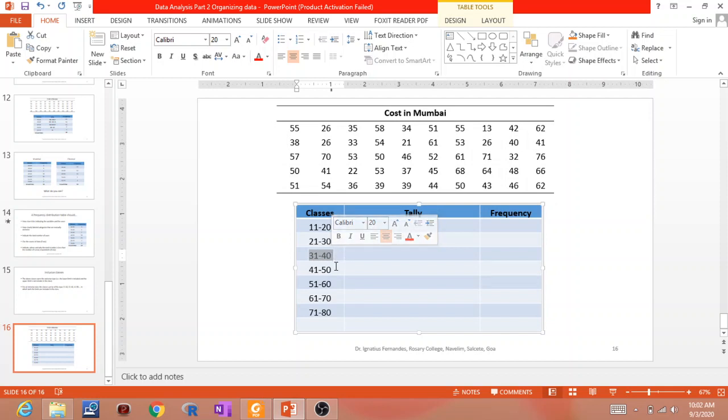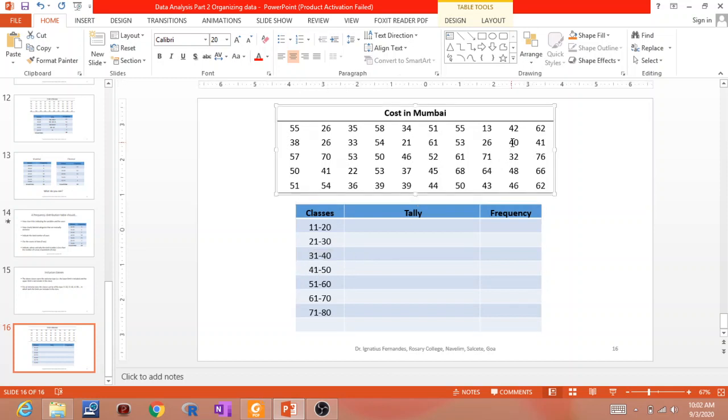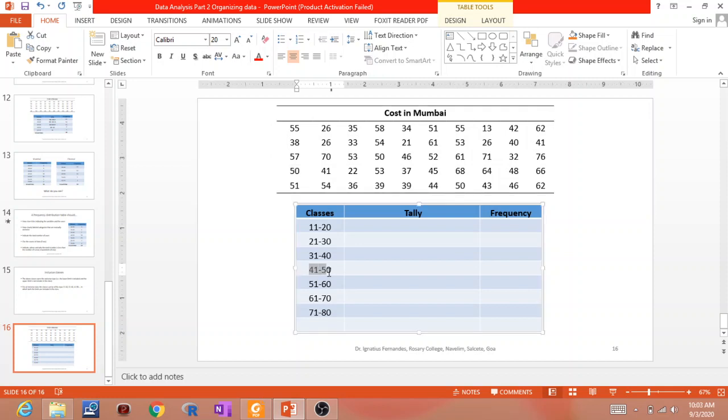In the previous case, we marked this 40 in the next class because it started with 40. Now 40 will appear in 31 to 40. The same way, 50 will appear in 41 to 50. The rest of the procedure remains the same.